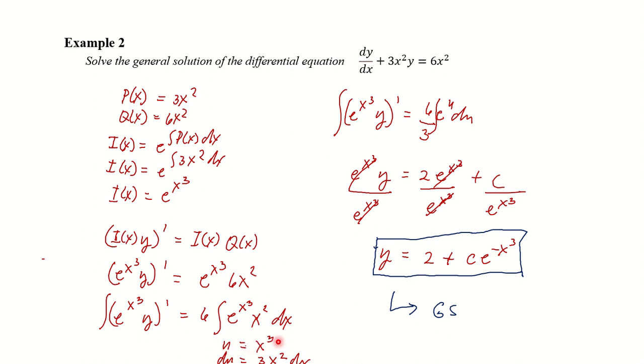Our u here is x cubed. Our du definitely is 3x squared dx, but we only need x squared dx in our solution. So we need to divide both sides of the equation by 3. So the resulting equation will now then be equal to the integral of e raised to x raised to the third power times y prime. And we factored out your 1/3. So we'll be having 6 all over 3 times the integral of e raised to u, that is x raised to the third power, times du.